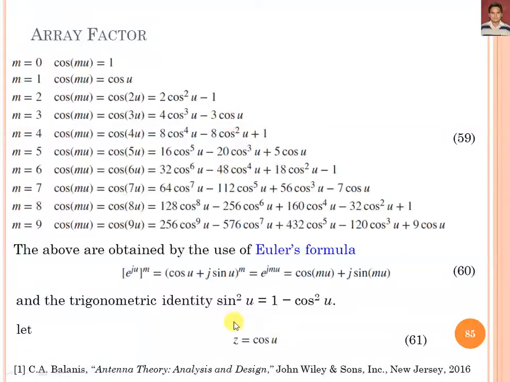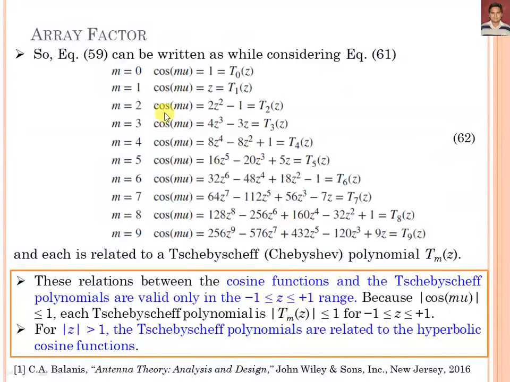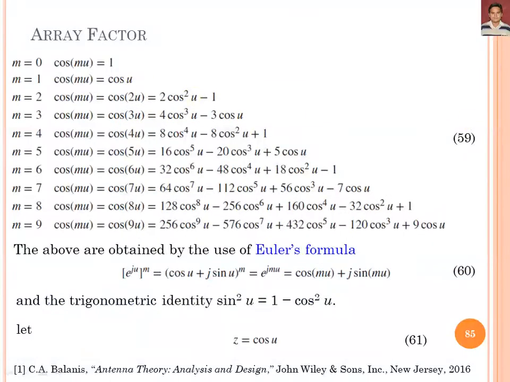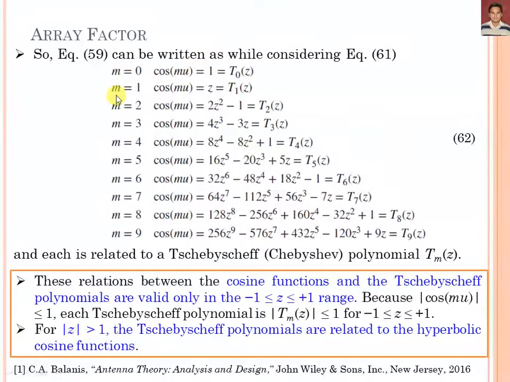So we can put the value of z is equal to cos u, then we will get equation 59 in this form: sum from m equal to 0 to m equal to 9, and cos mu equal to 1, which we have to represent by T0 of z. This is represented by T1 z and T2 z, where 0, 1, 2, 3 and so on up to 9 or more, we have to represent the number of elements m,